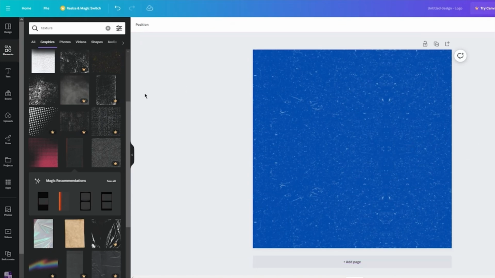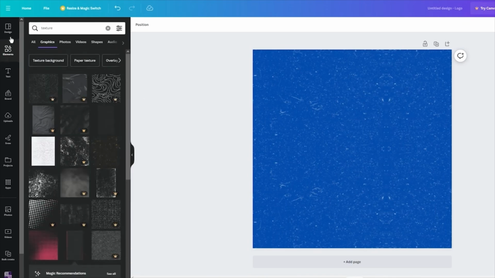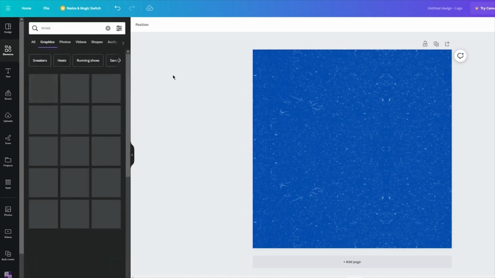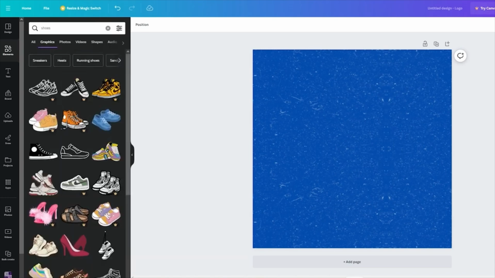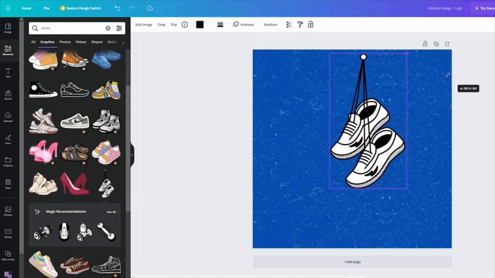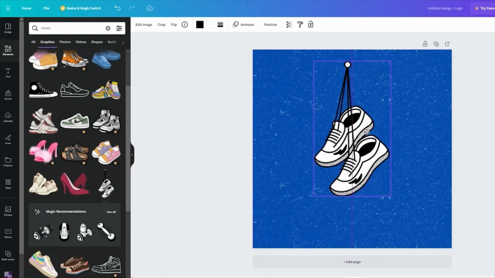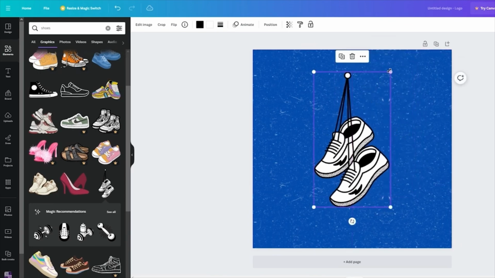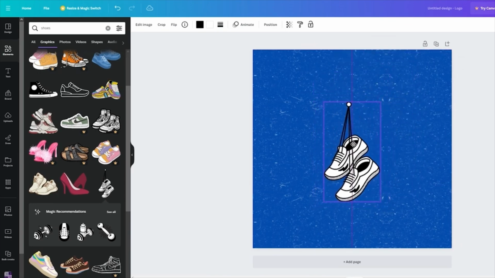And once we have this, we're going to go ahead and simply add some elements that are related to shoes, okay? So I'm simply going to search up shoes, and we're going to see which one looks the best, which one gives us the best look to add in the actual design. So I'm going to go with this. This looks like something that would look pretty decent. So I'm going to simply go ahead and add this in some way that makes it look like it's in